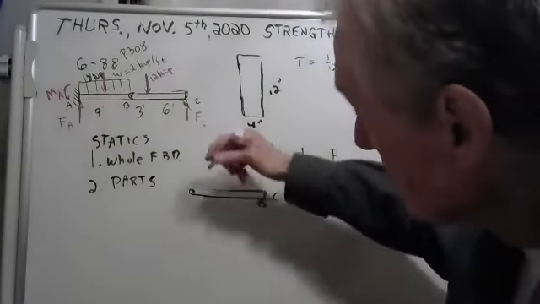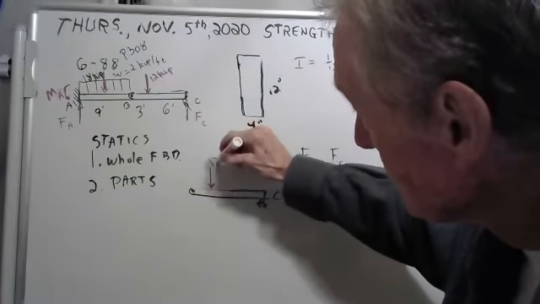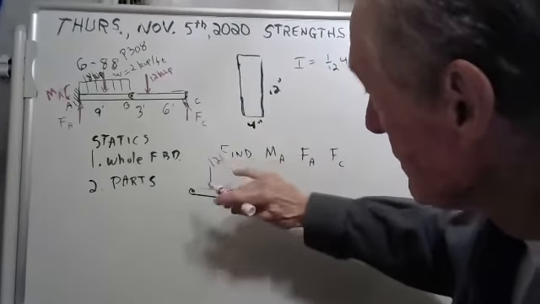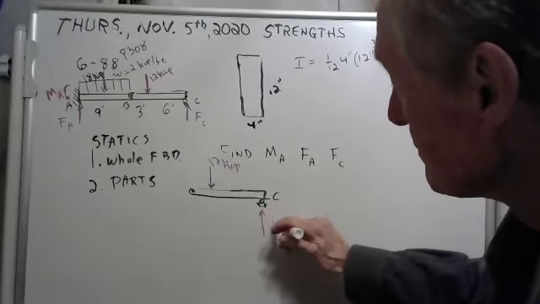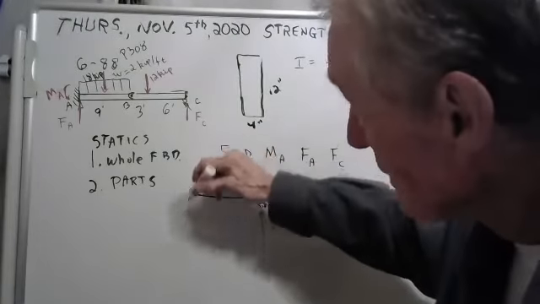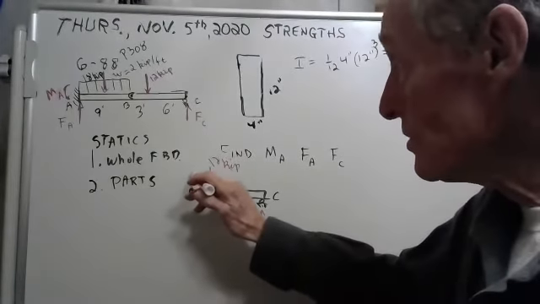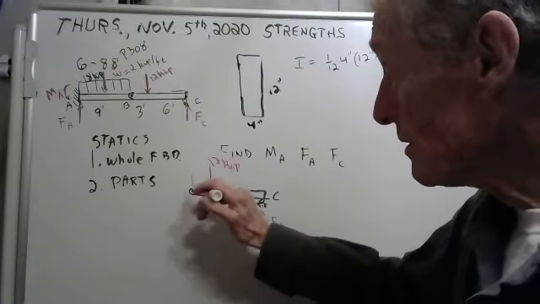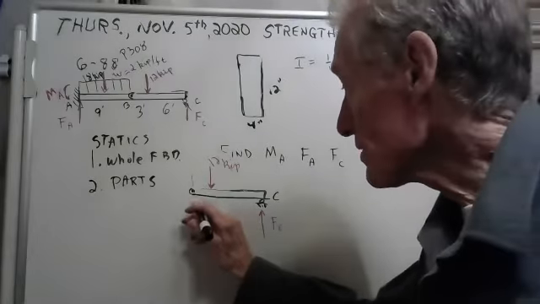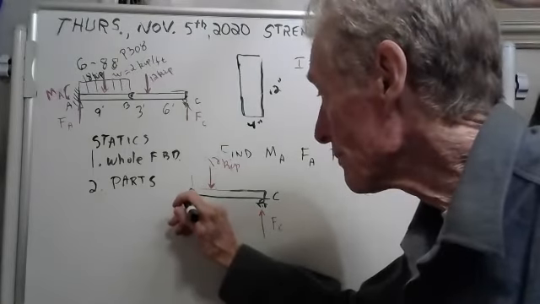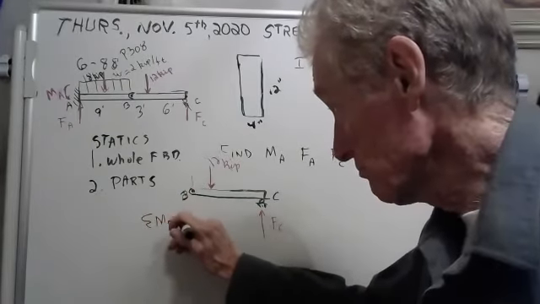Now here's what you've got. You've got a force here of 12 kips. That's given. You got an unknown force at C. And who knows what you got here, but you can't have any moments. That's a smooth pin. There's no moments, but you could have forces going up or down on, we don't know which way right now, but we'll figure it out. But see, we don't care about these forces because they go through B. They go through B. So what you do is you go sum of the moments about B is equal to